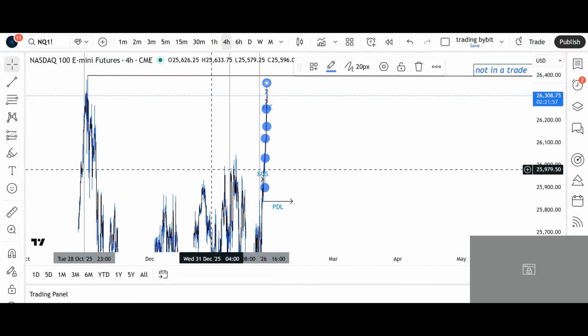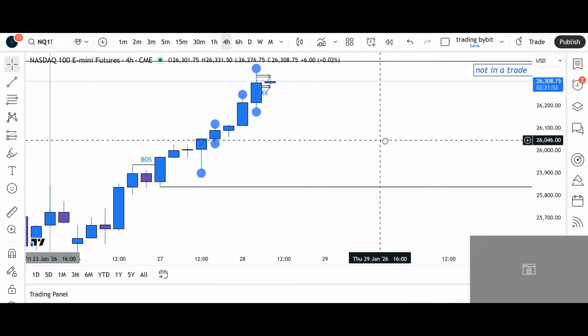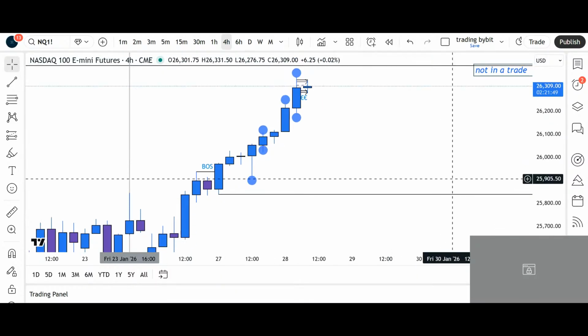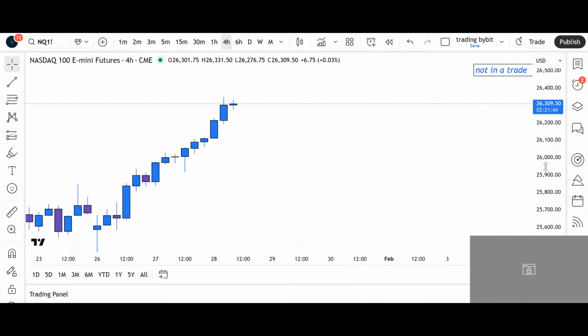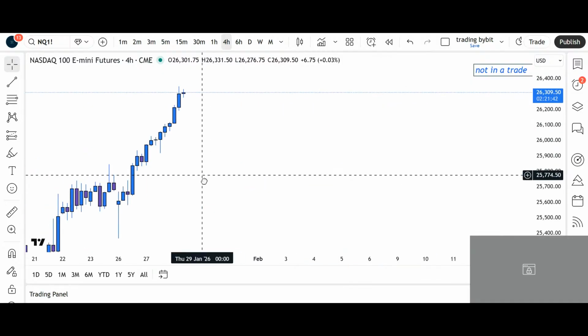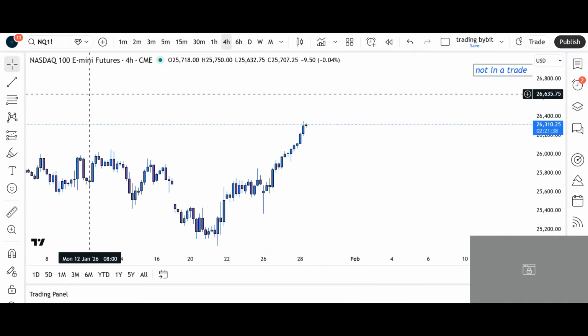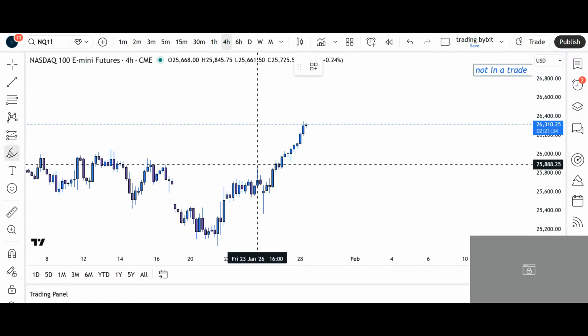And it's better to put it on a higher time frame, because look, if we just put it on a 15 minutes, we did not make lows and highs on this one. So I'll remove drawings, do it again. Try to do it on a higher time frame. The 4 hour is your baseline. The 4 hour shows you exactly where the market is headed to, and the 15-minute is your entry off of this.